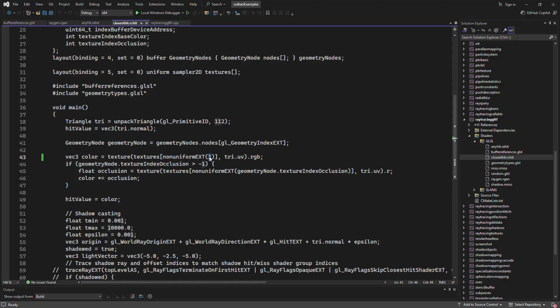So we could do 2. Again, I have to recompile, of course, guys. So we're gonna see as we progress along that we're gonna get to see different textures, because remember, this is like texture index base color, right? So we're gonna get to see